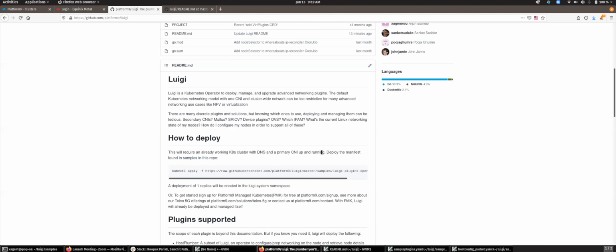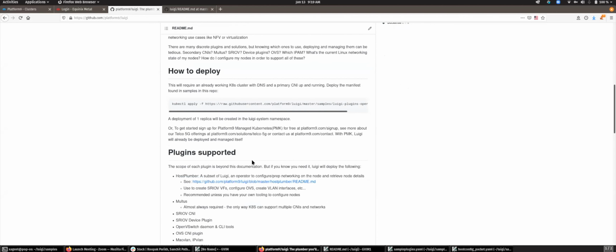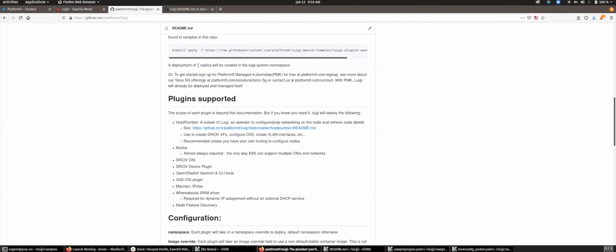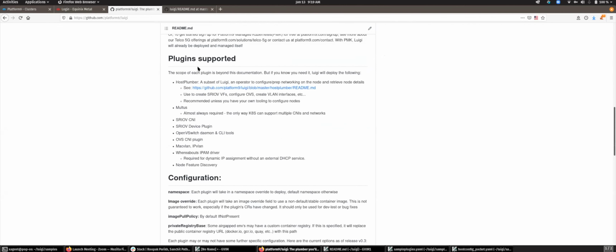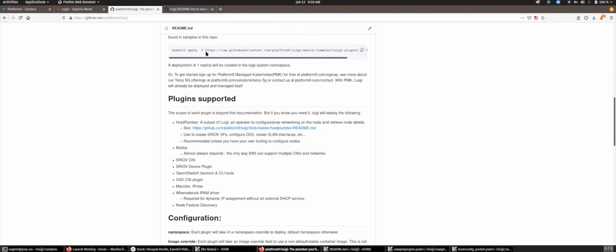I've tested this on Calico, but it should work as long as you have a basic cluster. I would also add that moving forward, you're going to see increased support from Platform9, providing and contributing to the open source community. You'll see continued support as time goes on and the feature set grows under the Luigi umbrella, and you'll see that still be represented as available to open source as well. You're not going to see that tailored just to run on PMK.